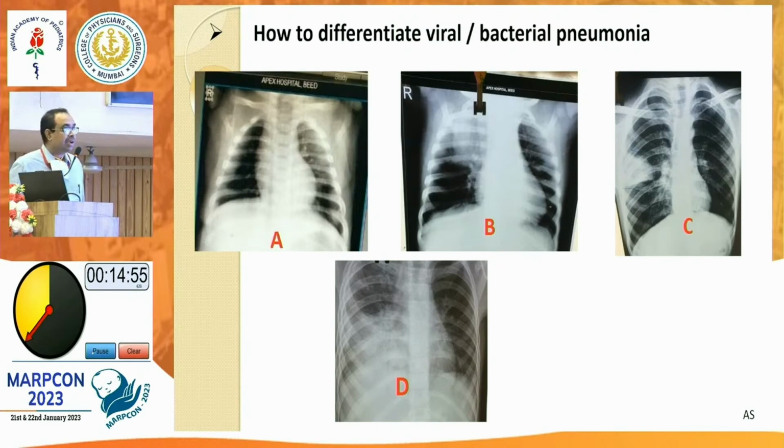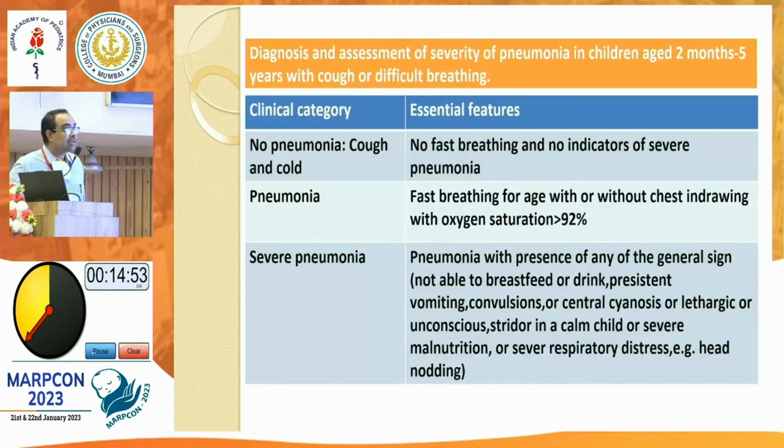So fine, can you find out the organism with that? Can you comment on the organism which is causing that? This is a common X-ray which we see. The last one which we saw, of synpneumonic effusion, usually the most common organisms are Streptococcus pneumoniae, Haemophilus influenzae and Staphylococcus. But Staphylococcus sometimes tends to have a bullous picture on the X-ray. So I will go with Streptococcus pneumoniae for that X-ray.